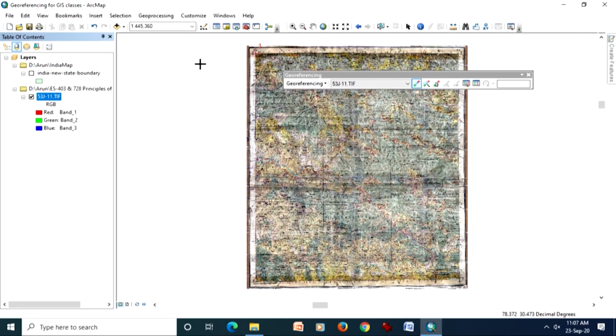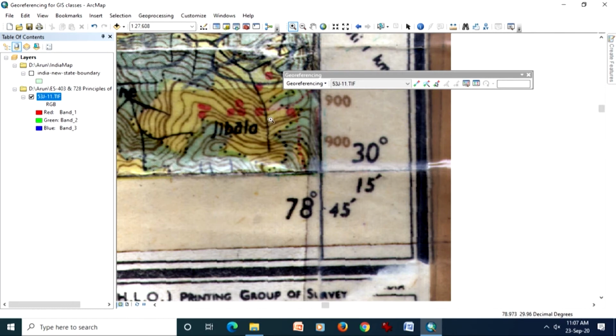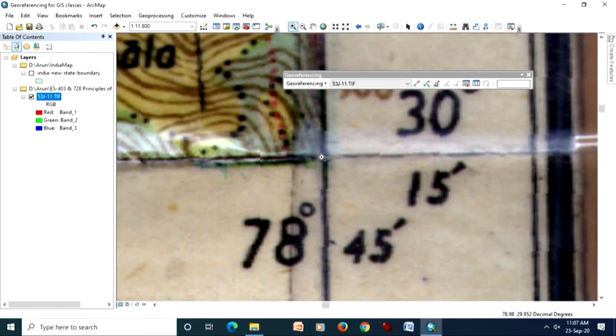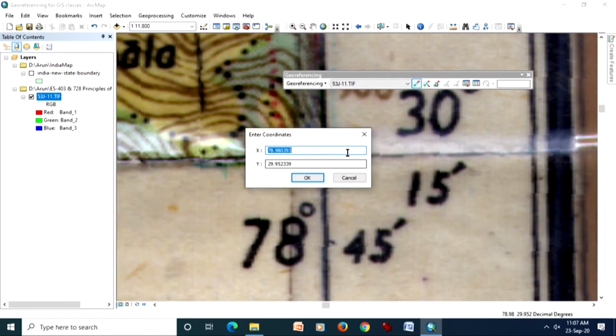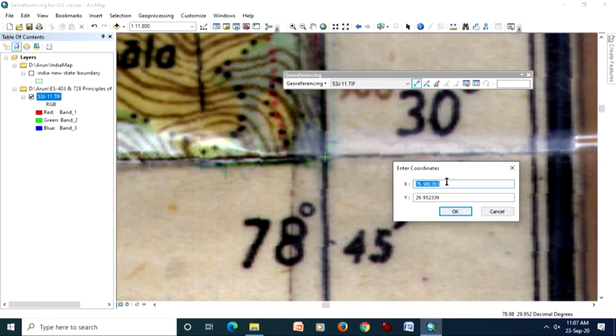Now, next thing we should do, like the shoemaker analogy I gave, I would go to the diagonally opposite corner to collect another GCP, another control point. So, again the same thing I will do, I will zoom to that level where I can read these values as well as this cross. So, next control point I will do like this, and see, automatically the system has learned now. It is predicting what kind of values you are going to have. Currently, because it is based on just one value, the prediction may not be very good.